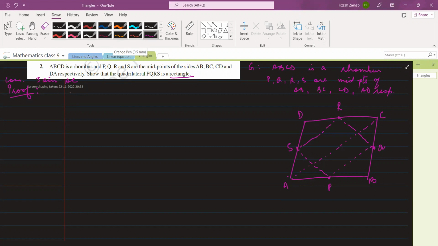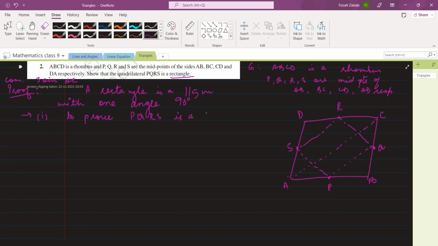Okay. So first of all, let us write what is a rectangle so that we know what exactly we have to do. So a rectangle is a parallelogram with one angle 90°, right? So basically the first step here will be to prove that